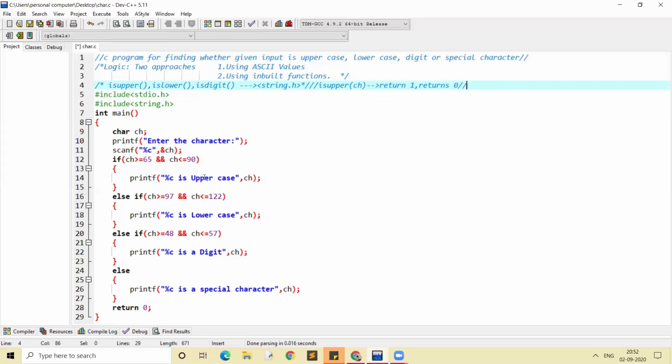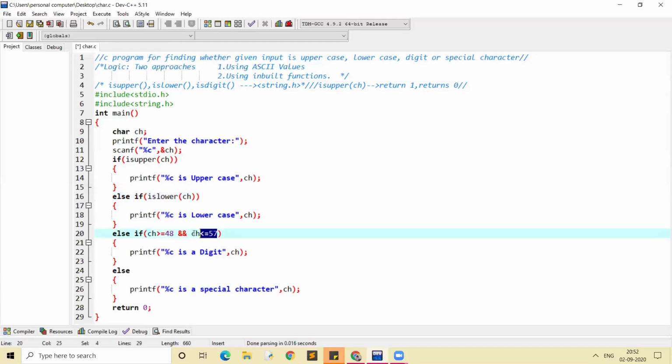Now let us see these 3 functions' implementation. Here in the if condition, I'm removing all this and I'm using isupper of ch. This means that if the given character is uppercase, it prints uppercase. If not, it checks the other condition. Here we have to give islower of ch. If it's lowercase, it prints it is lowercase.